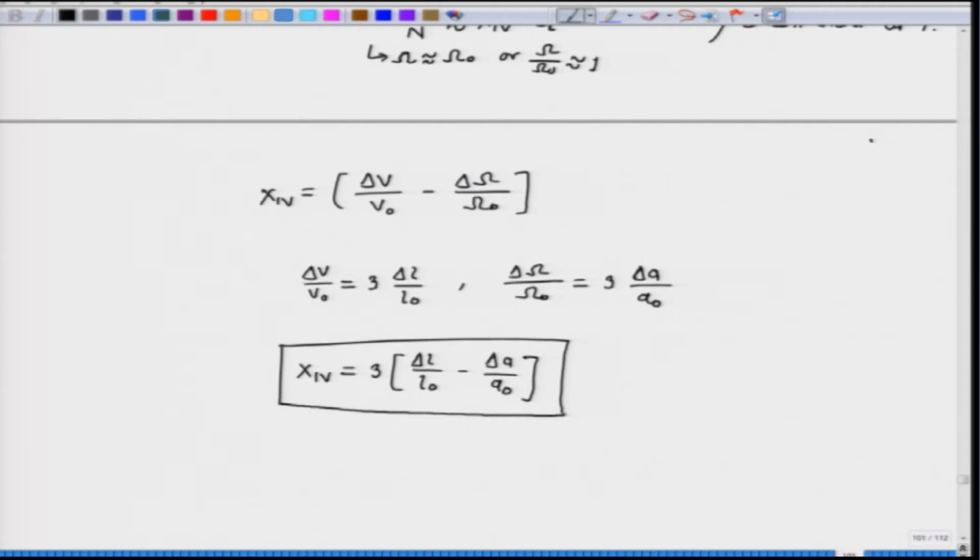So, this gives us an idea about how we can go about measuring the vacancy concentrations by measuring the linear dimensions. So, if we can measure delta L by L 0 for the overall metal piece and delta A by A 0, which are the changes in lattice parameter, then we can measure the vacancy concentration at the given temperature T. So, how do we go about this? Obviously, we need to make measurements of lattice parameters.